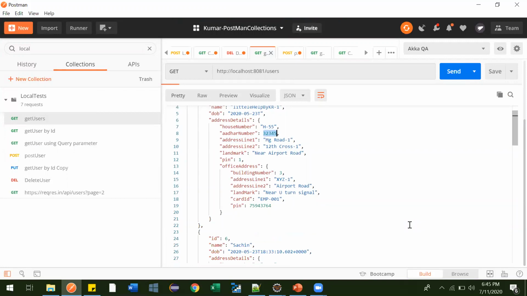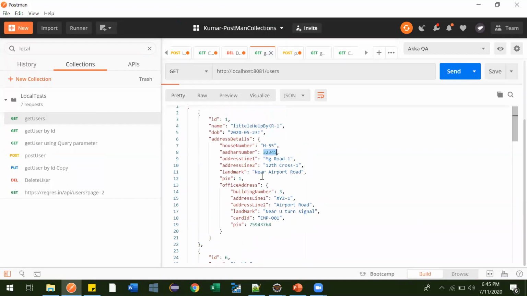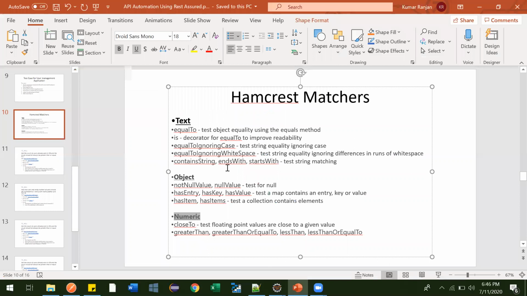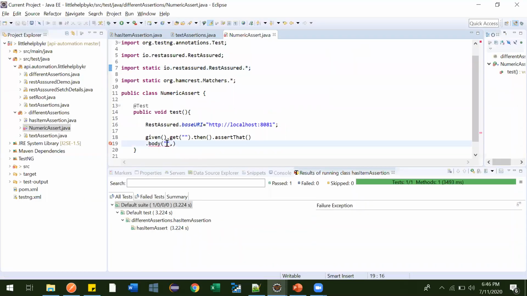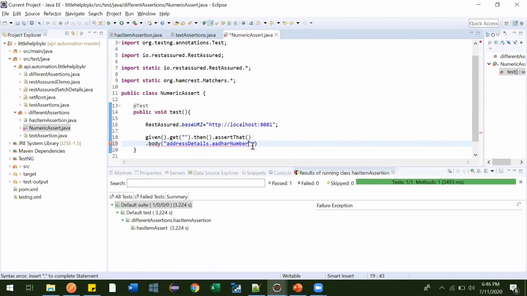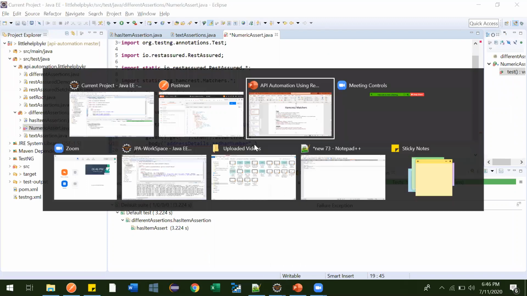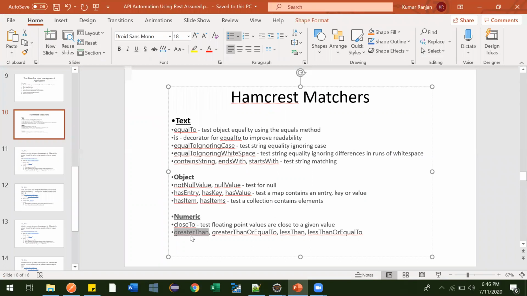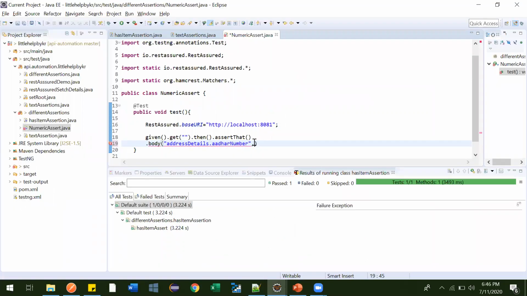So for example, I'll show you. Here, suppose this Aadhaar number is a numeric value. To assert that, first we need to follow the dot notation: address details dot Aadhaar number. And what we want to assert? We'll go first with greaterThan, and the value should be...